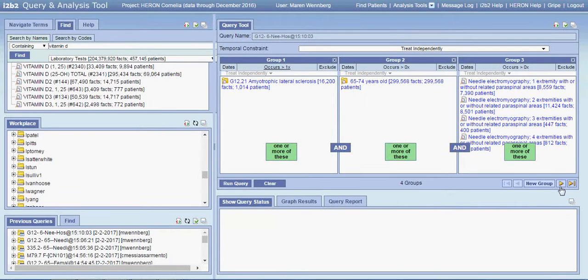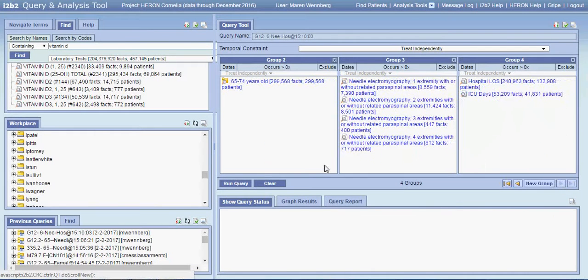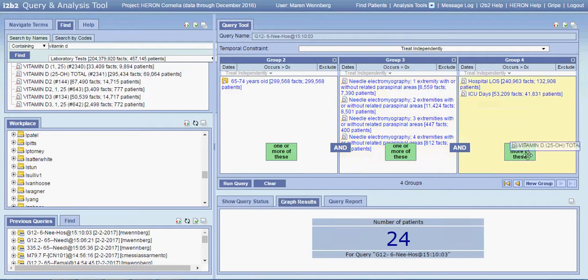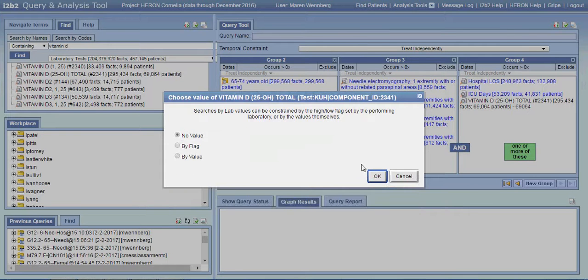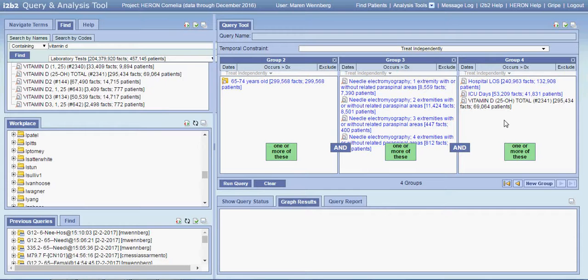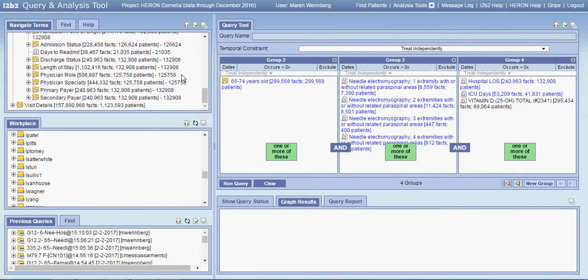So I'm going to show you. I already found the vitamin D, so I'm going to go ahead and pull that over. And I'm just going to pull this into group 4 as well, because, again, I don't want to limit my cohort based on these variables. These are just data points that I would like back. So I want to get back hospital length of stay, vitamin D levels. But to make it so that we get back all 91 patients, I'm